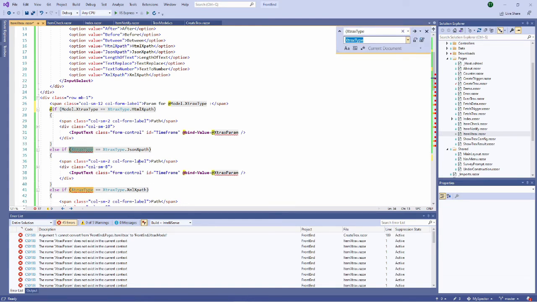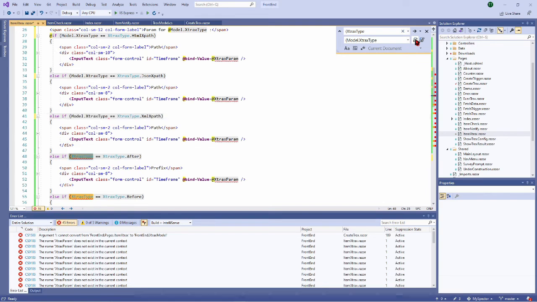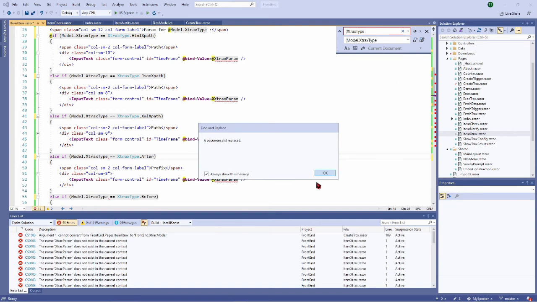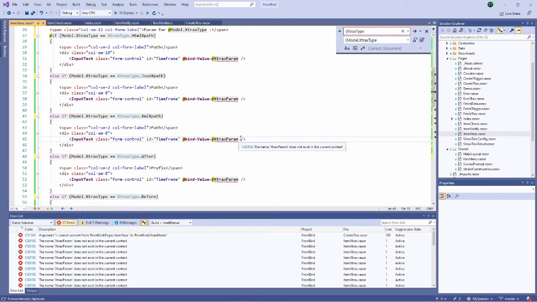Extract type will be changed with parenthesis model dot extract type. In the current document, let's see if it works. Yes, so replace all like this. Okay. And then at extracts param, same thing. Extracts param becomes at model.